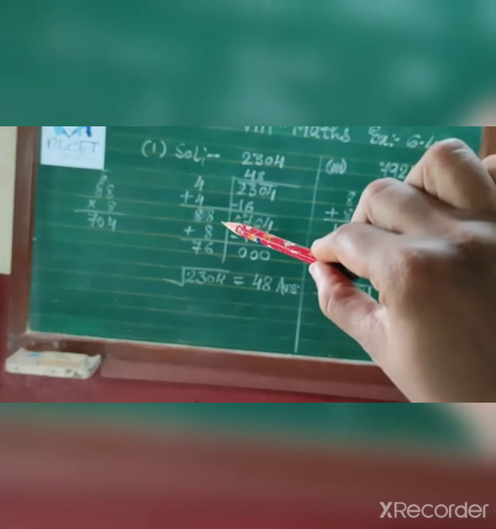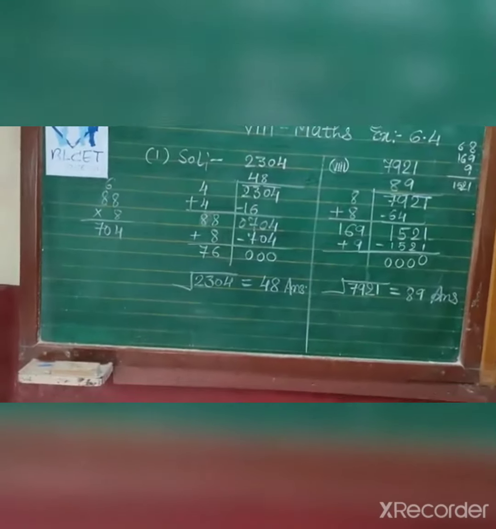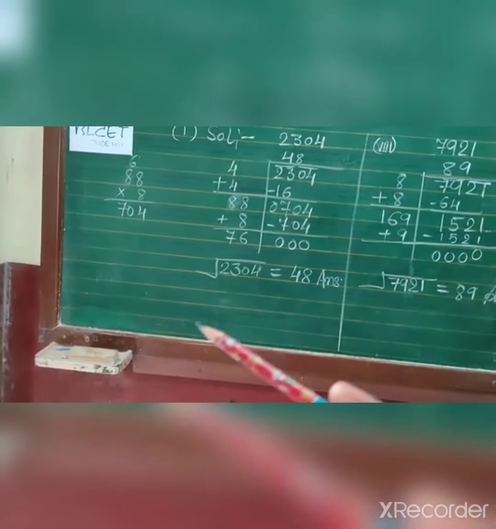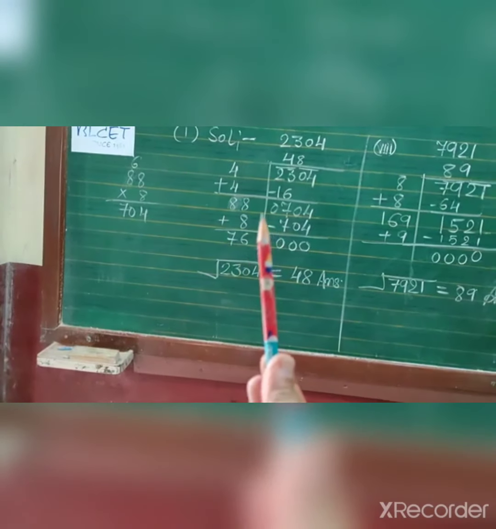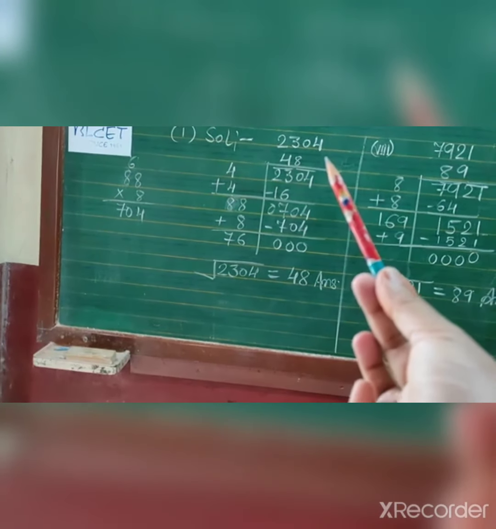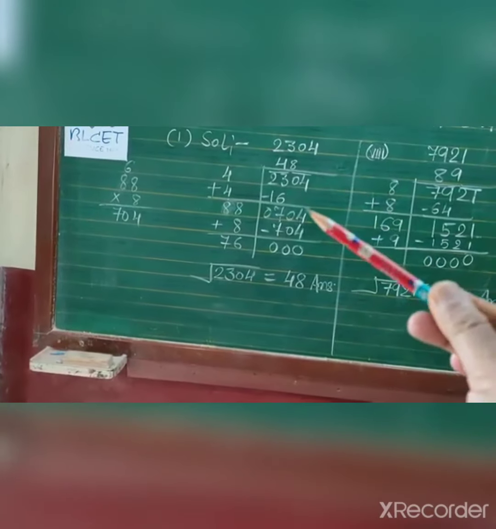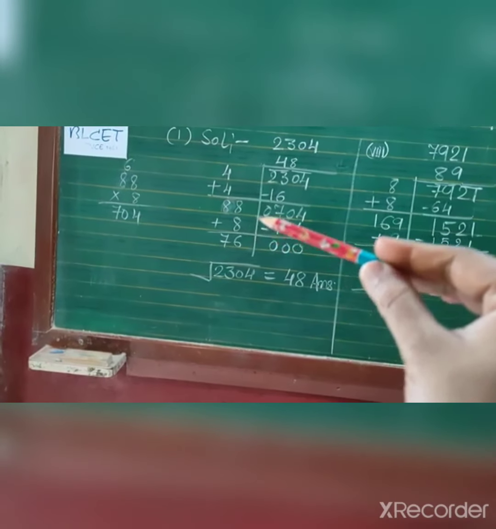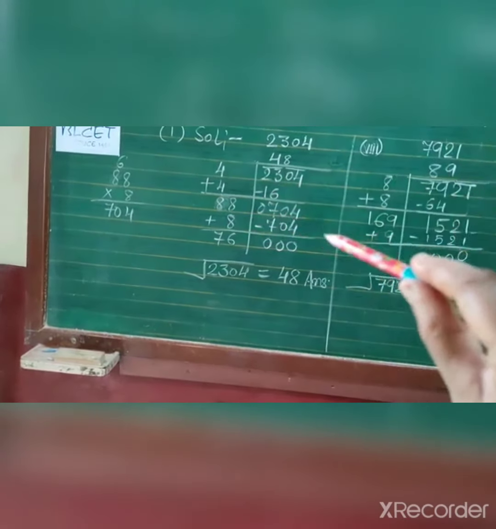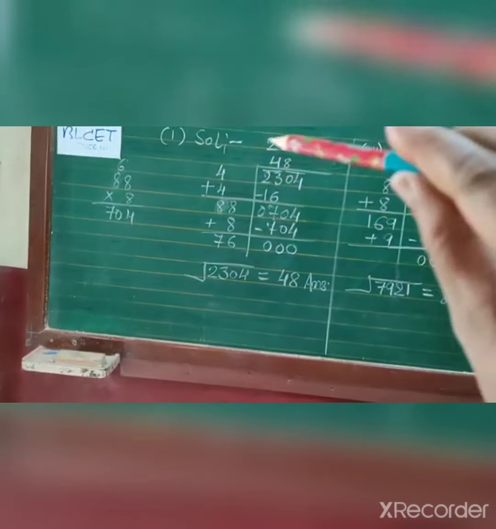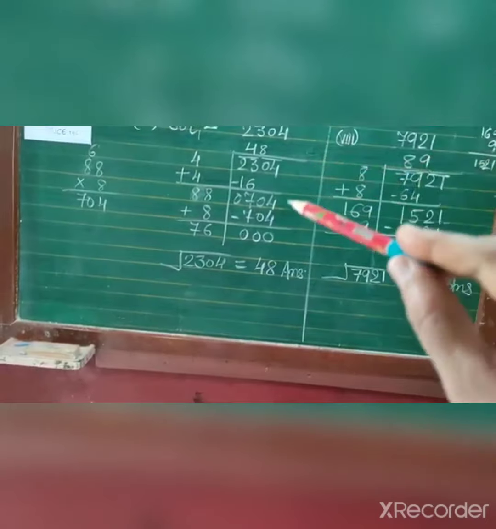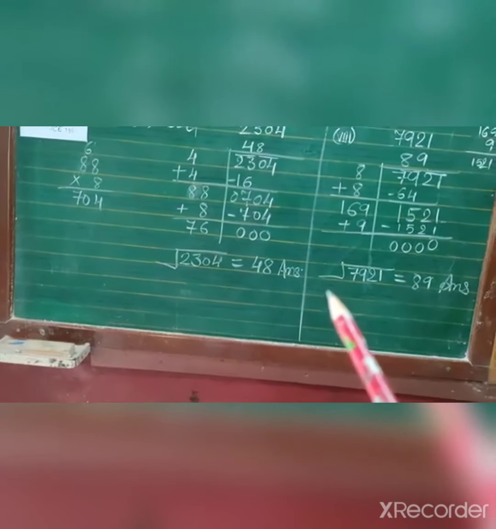When you multiply, you have to multiply this with 8 also. In this way, 2 2s are 4, 3 3s are 9, 4 4s are 16. In this way I have calculated. So 88 multiplied by 8, we are getting 704. So 8 we have to write here, then 8 here. I have written it, but in the textbook it is not written. No need to write, only keep in your mind, but you can understand in a better way. That's why I have written here. So the square root of 2304 is equal to 48.